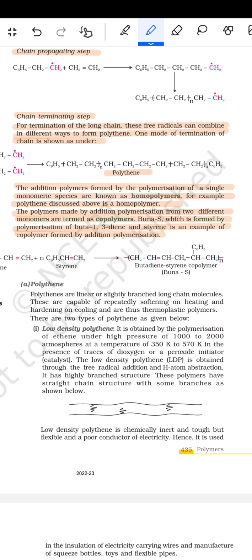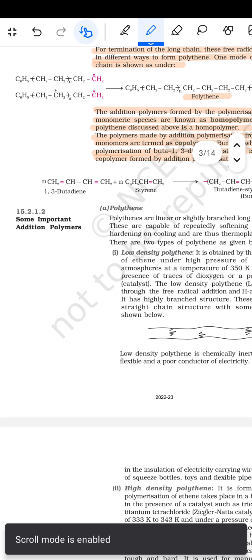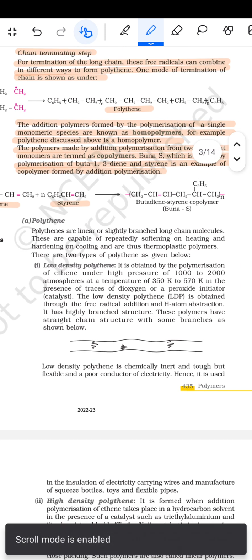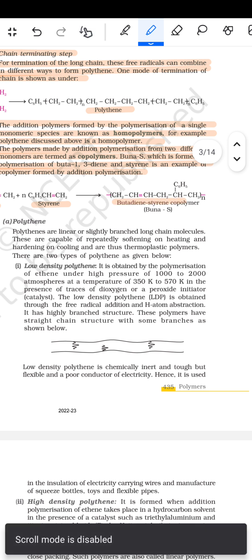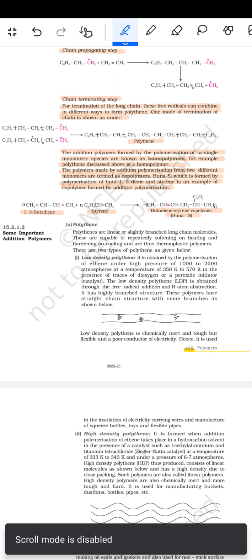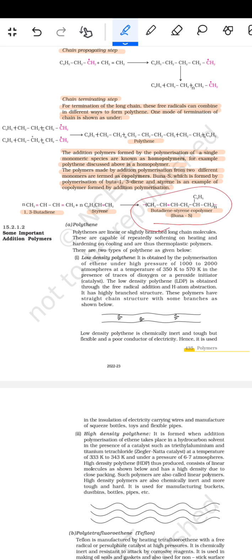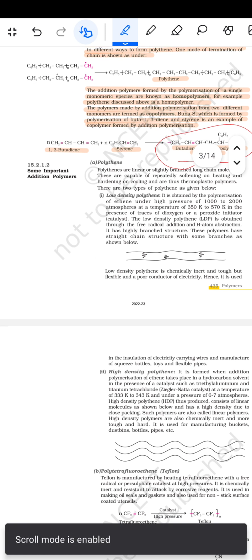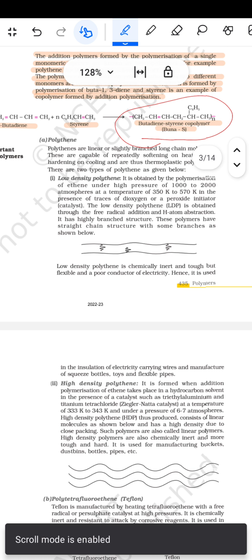by the addition polymerization. तो ये दिया हुआ है 1,3-ब्यूटाडाइन, ये दिया हुआ है स्टायरीन। इन दोनों को मिलाएंगे तो बन जाएगा ब्यूटाडाइन स्टायरीन का पॉलीमर, ब्यूना एस बन जाएगा, जिसका स्ट्रक्चर कुछ इस प्रकार से है कि ये दिया हुआ है प्लस ये दिया हुआ है, और दोनों को मिलाएंगे तो ब्यूना एस का स्ट्रक्चर कुछ इस प्रकार से आता है। इसके बाद फिर आता है some important addition polymers. तो सबसे पहला इसमें